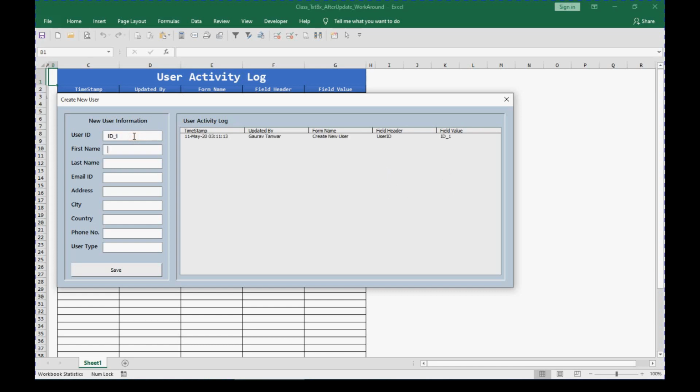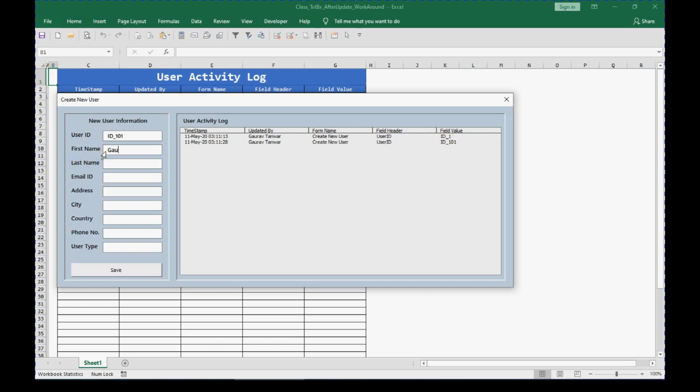So let's say if I type the user ID _1, it shows me that at this particular time, this user on this form edited this field and the field value is this. Now if I want to change this to 101, the next change is also captured.